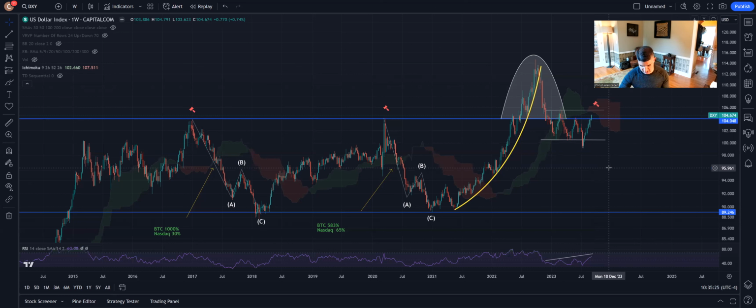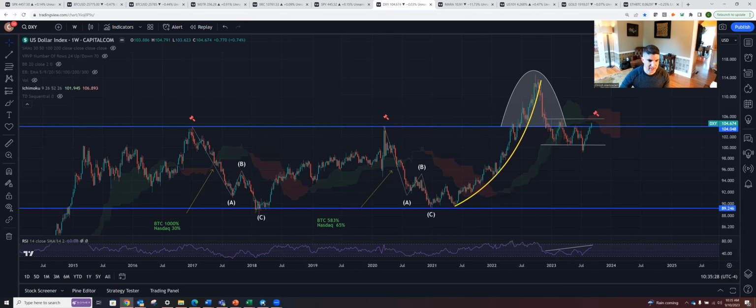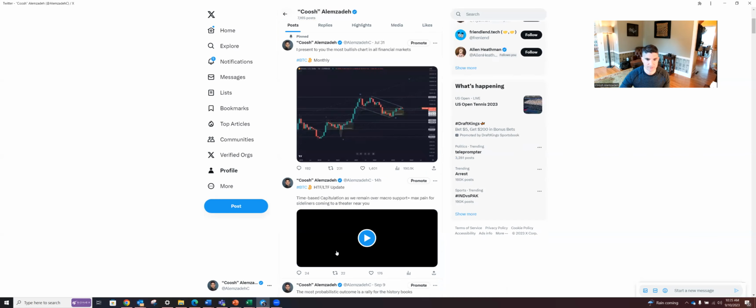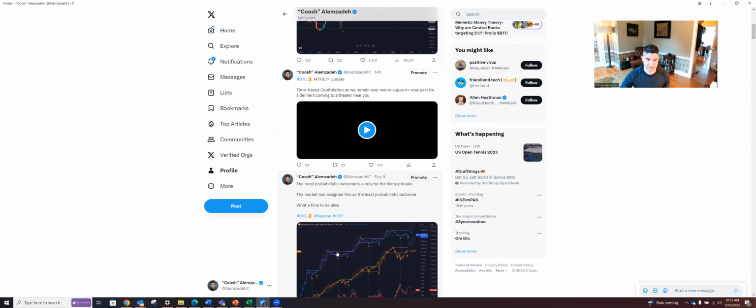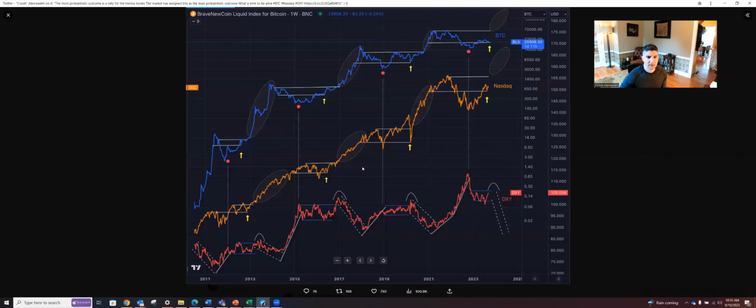I'm going to bounce to my Twitter feed for a second because I posted a chart yesterday that I think is relevant to look at today. Okay. So I put up Bitcoin, Nasdaq, and the dollar. And something I did note, which may give some confluence as to what's going on here, is if you look at the dollar's downtrend,